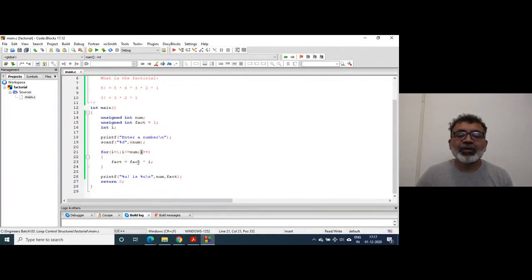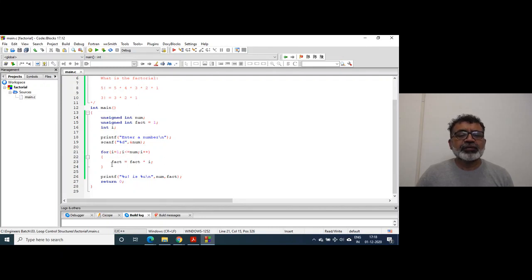That 4 will be multiplied by the new value of fact that is 6, so that will become 24. So fact will contain now 24. The value of I becomes 5. So 24 into 5, that 120 will be stored in fact and the loop will be terminated because the condition becomes false when I becomes 6.